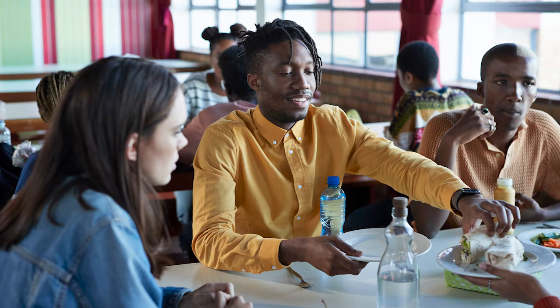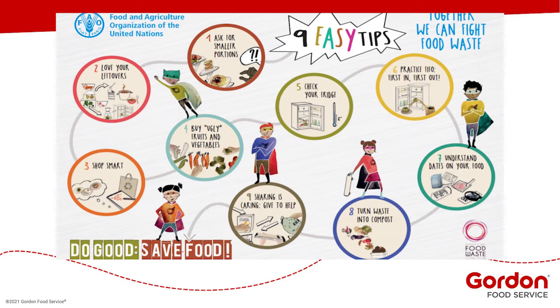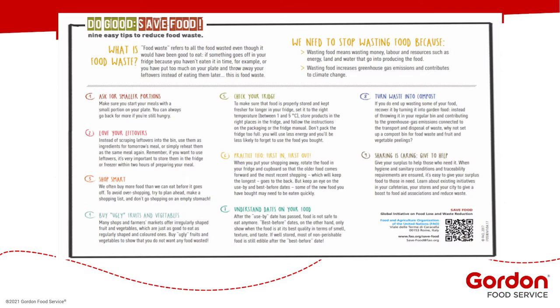In the college setting, you may have students who are concerned about sustainability or environmental issues. Sharing that your food service operation is focused on reducing food waste may actually resonate with some of these potential customers and may be meaningful for them. Some guests may connect with your vision and goals and then may feel good about supporting your operations. Depending on your customer base, think about what would connect with that group. For example, this poster created by the Food and Agriculture Organization of the United Nations is a creative visual that may work well to reinforce the message with younger students.